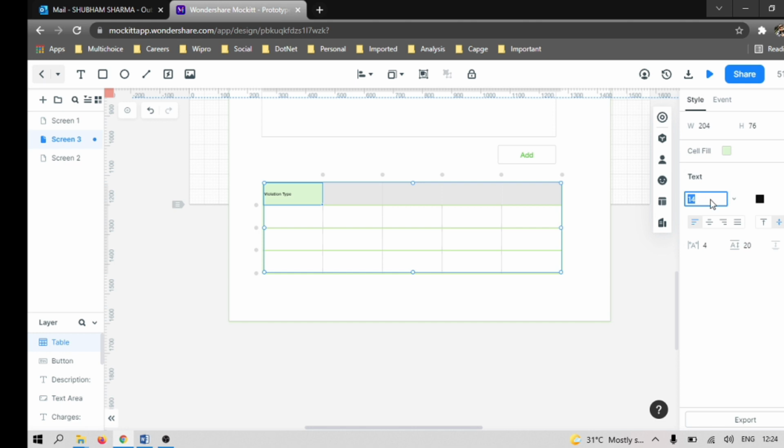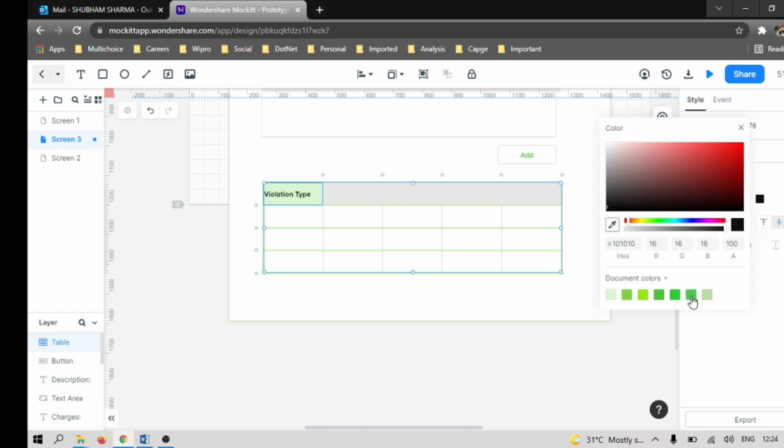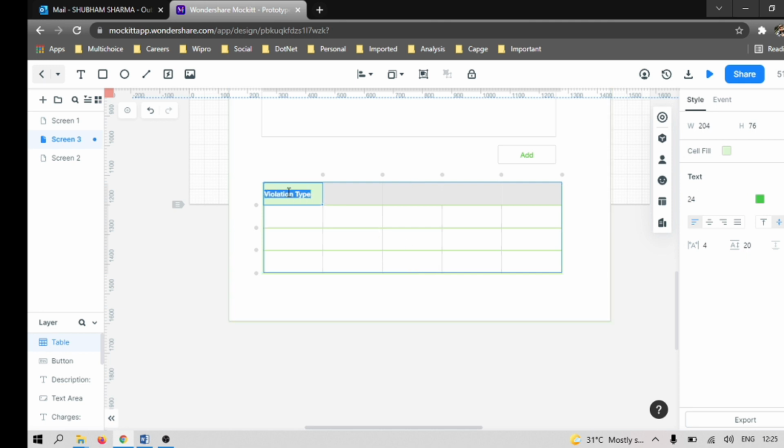Instead of 24 I need to. The color is dark green. So I think we can make the background white. That would look good. That color is green. Dark green. Okay.